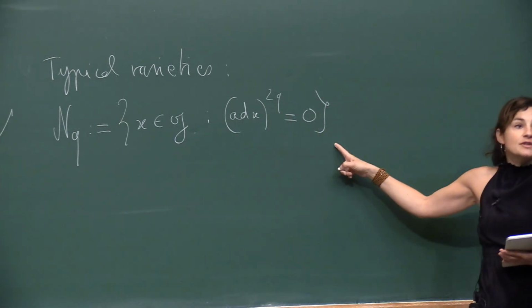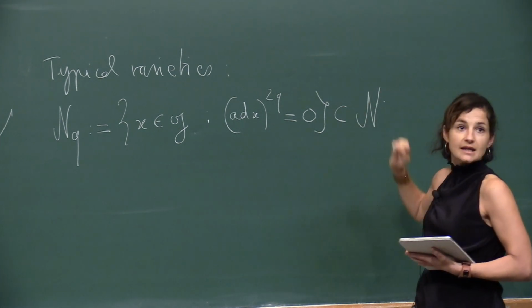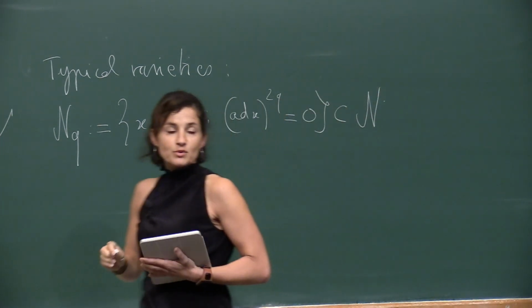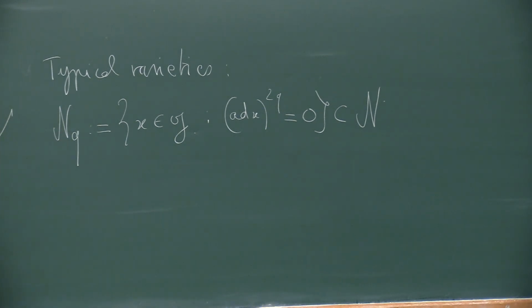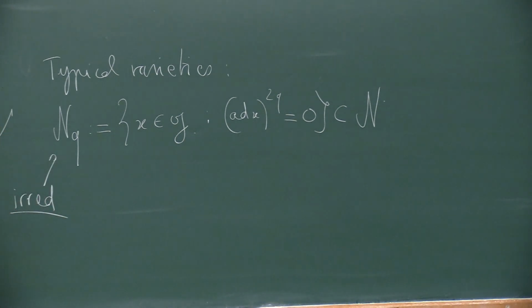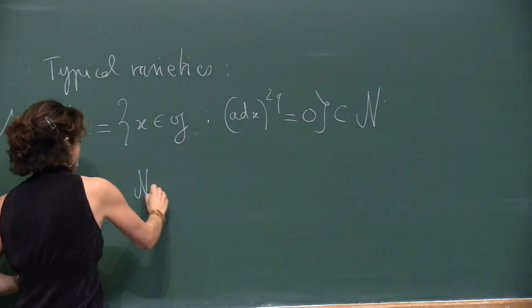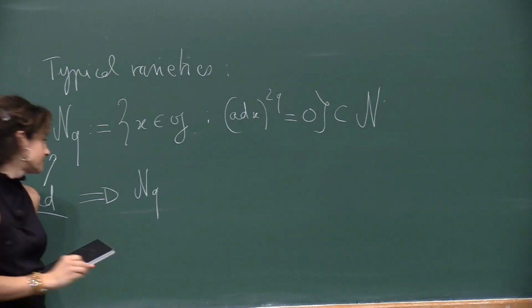It's clear from the definition that this is contained in the nilpotent cone. And a deeper result says that this is actually irreducible. This is not clear from the definition, but it is a fact. So far, there is only a case-by-case proof. But anyway, this is irreducible, and this implies that this is a closure of some nilpotent orbit,